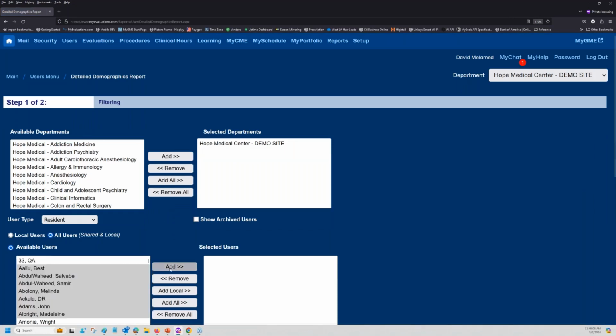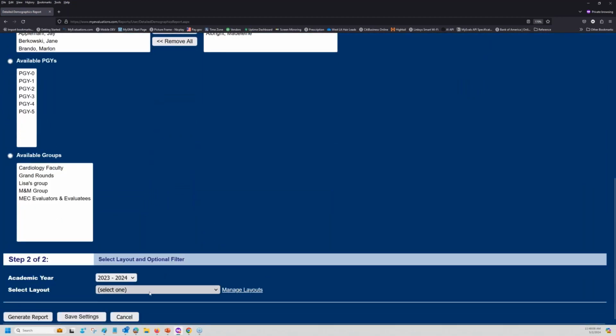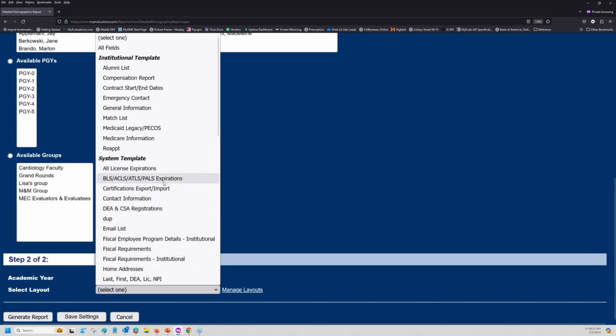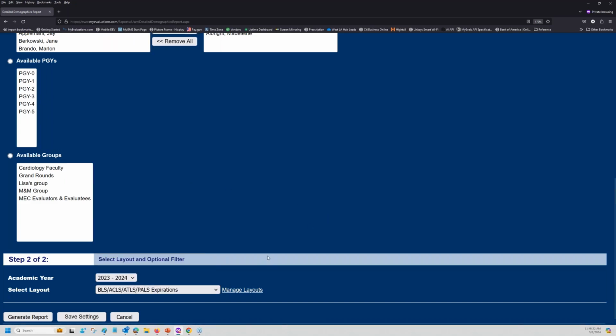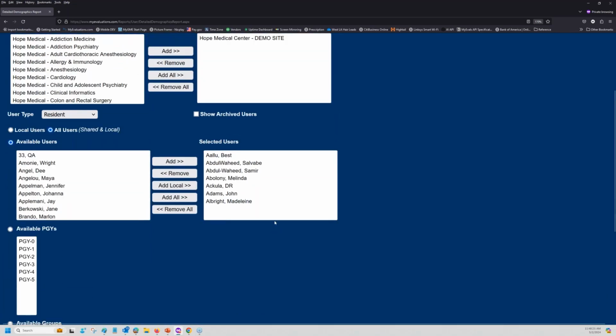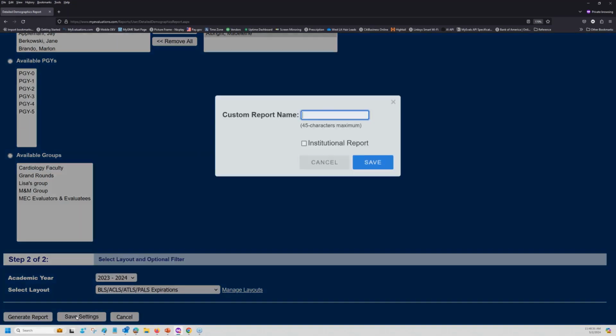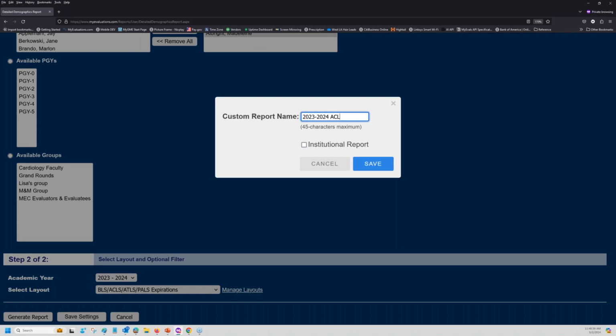So again, the entire idea here is for us to have these templates as ready-made reports. So if, for example, I want to be able to run frequent BLS, ACLS, ATLS, PALS expiration reports to see who has expired and who doesn't have expired data for a given academic year, notice I can save this report and call this my 2023-2024 ACLS, PALS, ATLS